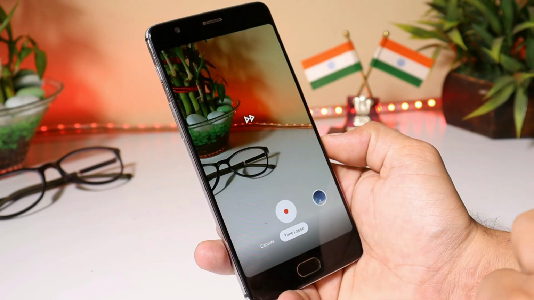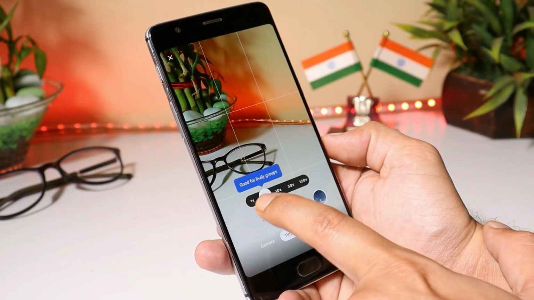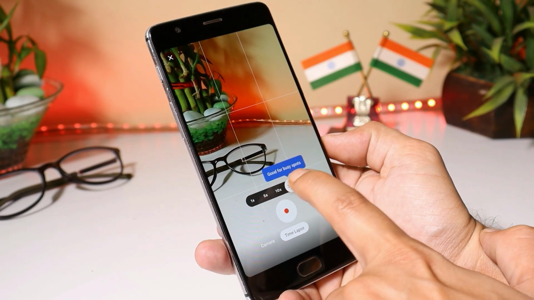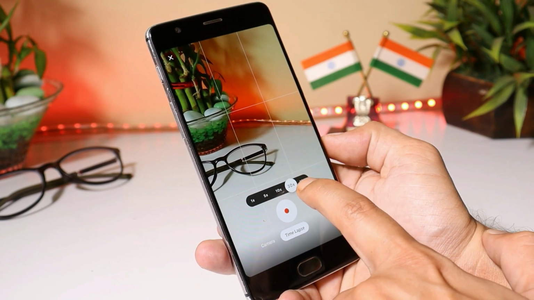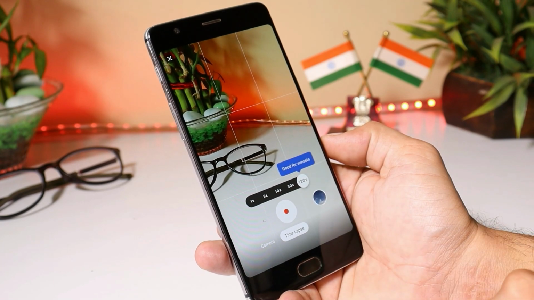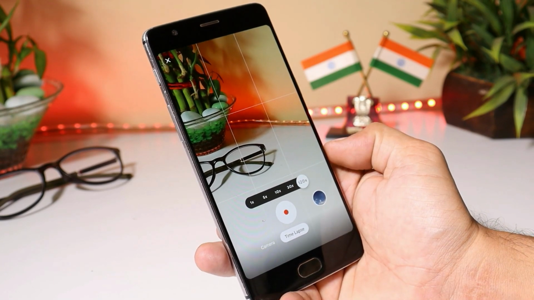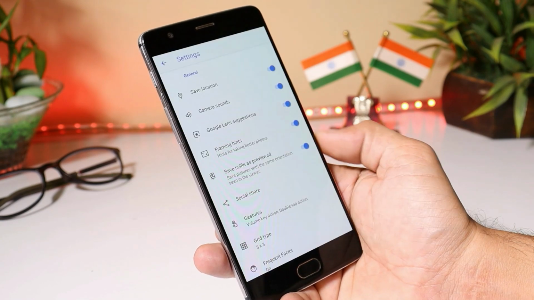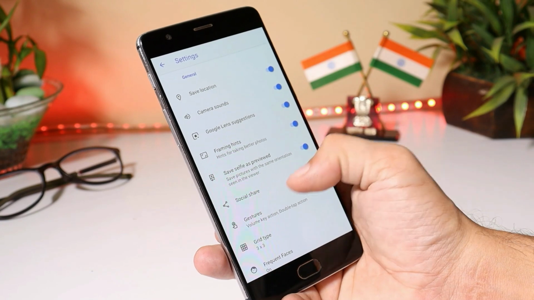But time lapse works great, and here you get a few options like 1x, 5x, 10x, good for walking. It will show you all the options, like good for busy spots if you choose 30x, and we also get the option of 120x. At the end of the video, I'll also include a video which was taken in time lapse with 30x speed. Then we get a few basic settings which can be customized from here.